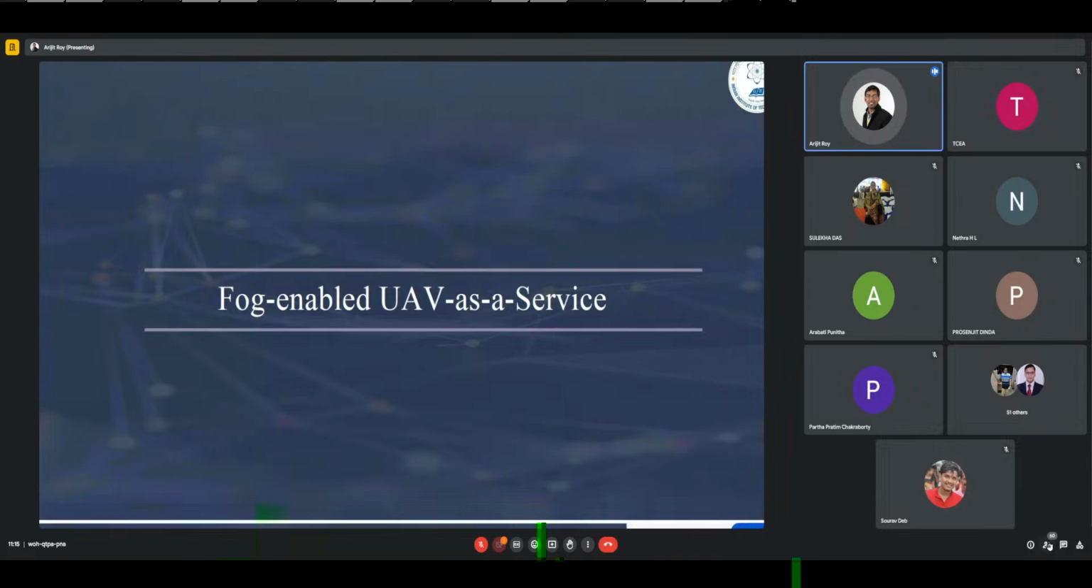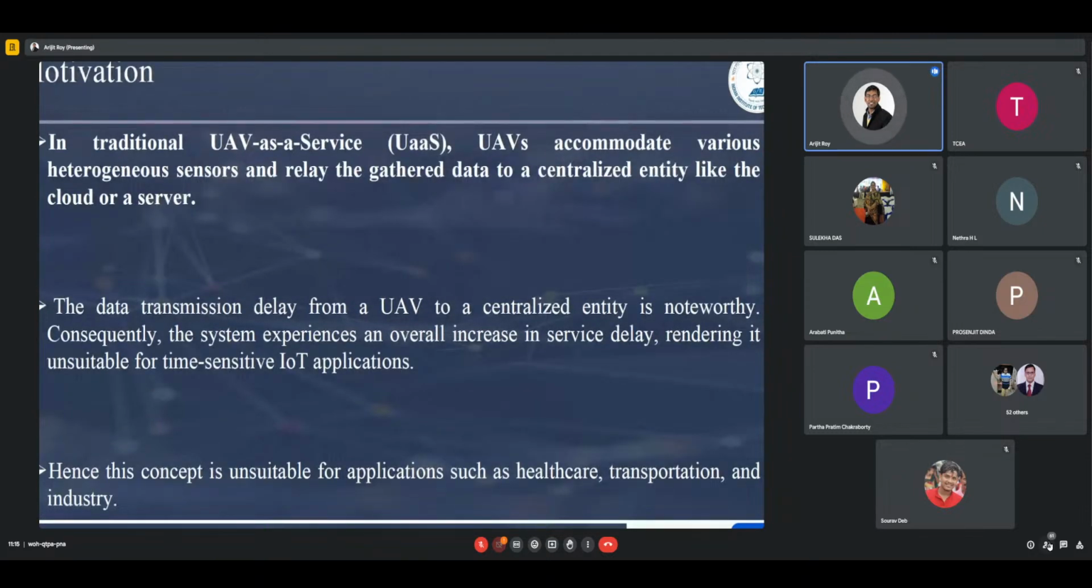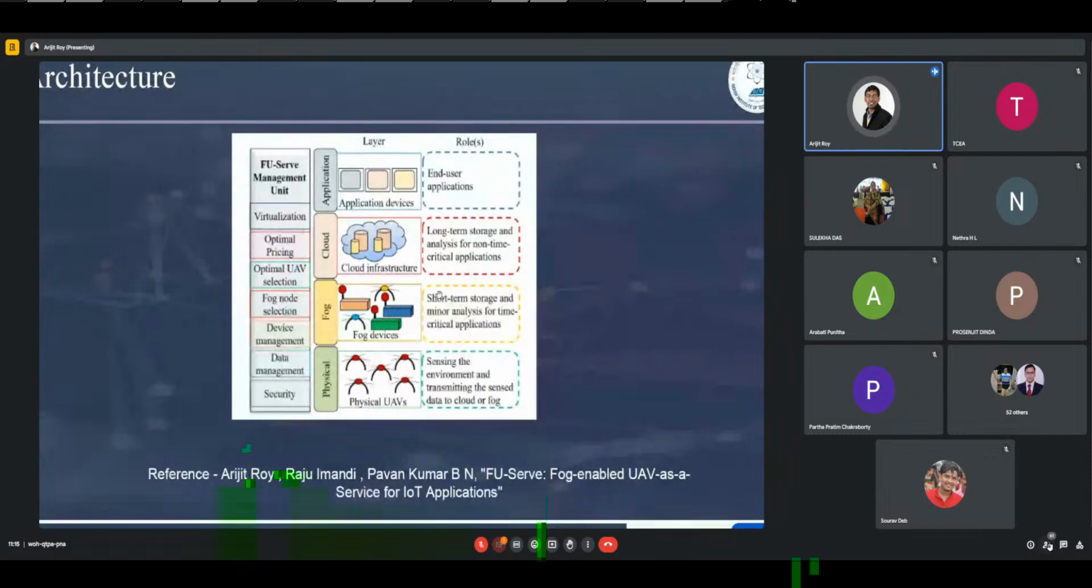Then whenever we are talking about UAVs, if you send the data to the cloud, it may not always be very useful for time critical applications, right? For disaster management or something like that. For that, we introduced a new concept, that is fog enabled UAV as a service, in order to tackle time critical applications. In this figure you can see that we include a new layer, which is known as the fog layer. There will be some fog devices which can serve as an intermediate layer between the cloud and physical UAVs,